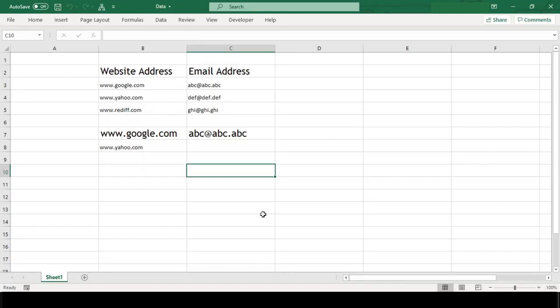The third method is more like a tip. When we leave the cell after typing any email address or website address and Excel autocorrect adds a hyperlink to it, we can just use Ctrl Z to undo the autocorrect. This can be handy when we are neither ready with the VBA code nor have we made any changes in the Excel options to prevent Excel from auto hyperlinking.